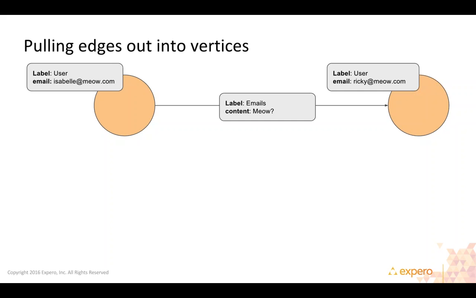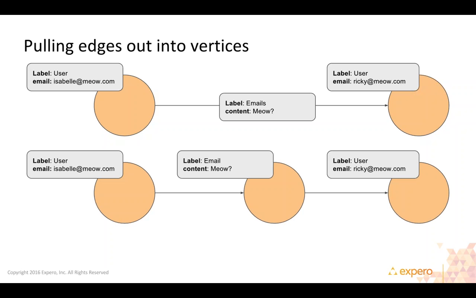Well, that might support certain use cases. Say you're asking, okay, who did this particular user email? That can support that use case fine. That's an easy query to do. One other thing you could do though is pull that email up into its own vertex. So now we have the user, and then there's an email vertex itself. You could associate other things with that vertex. Maybe it would have other edges going out to it. For example, if you were tagging all the emails with certain tags so that you could go back and do some sort of analysis based upon those tags, it may be better to pull that out into its own